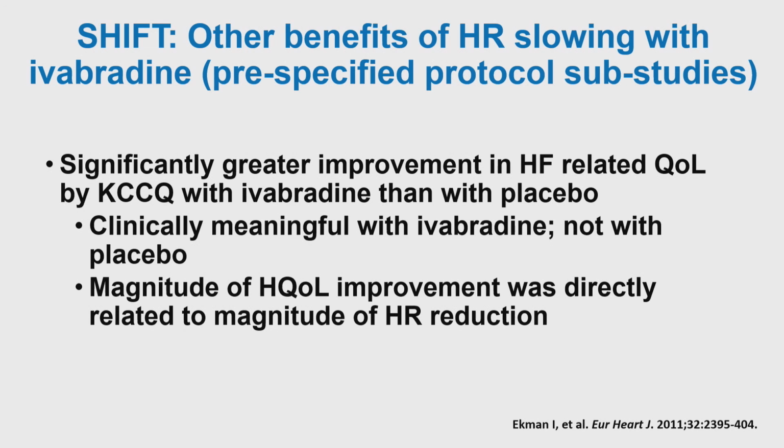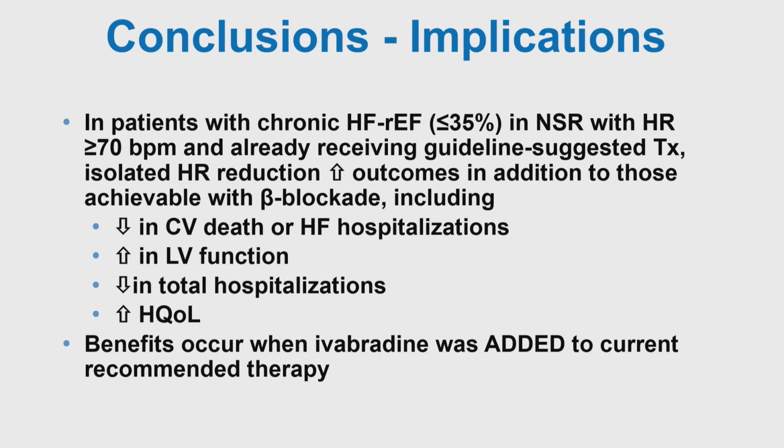So people who had greater reduction had greater benefit. The mean heart rate reduction, by the way, with this drug is 10 beats per minute. And it's a greater reduction if you have a higher heart rate to begin with. So in conclusions, what we found from the HF study was that in patients who meet the criteria, again, heart